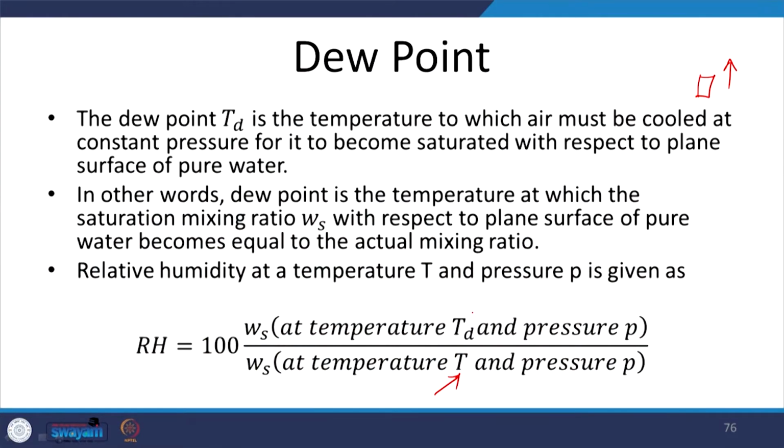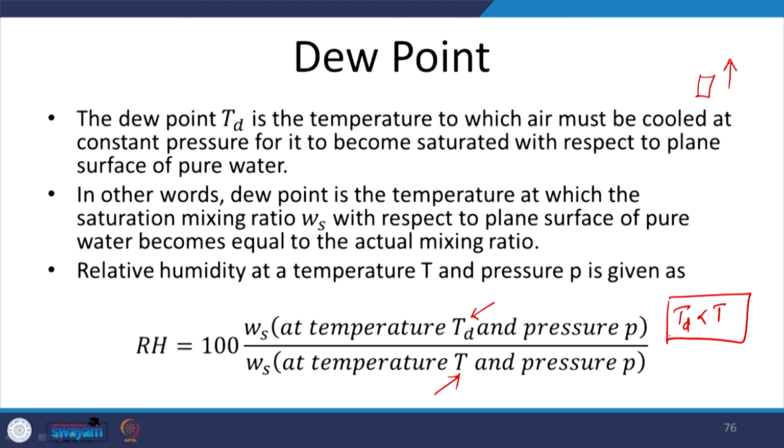If you want to express relative humidity in terms of dew point temperature, relative humidity at a temperature T and a pressure P is given as: relative humidity equals 100 times, I mean as a percentage, Ws, the saturation mixing ratio at a temperature Td and P, over the saturation mixing ratio at a temperature T and pressure P, right. So, T is the existing temperature and Td is the dew point temperature, and Td is always less than T,